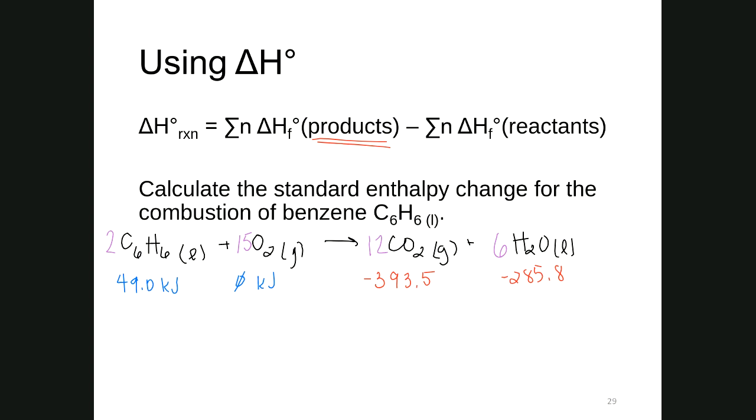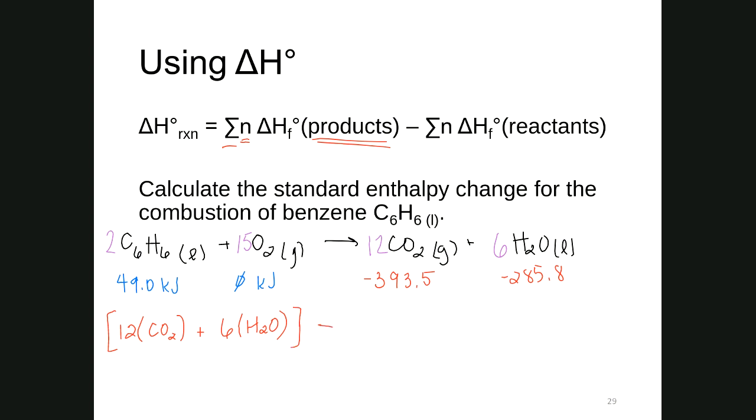But starting off with carbon dioxide, we take n, which is the coefficient, so 12, times the enthalpy of formation of carbon dioxide, plus, since it's a sum, 6, which is the coefficient of water, which is the other product, times the enthalpy of formation of water. That's all of my products, so that's my first portion,